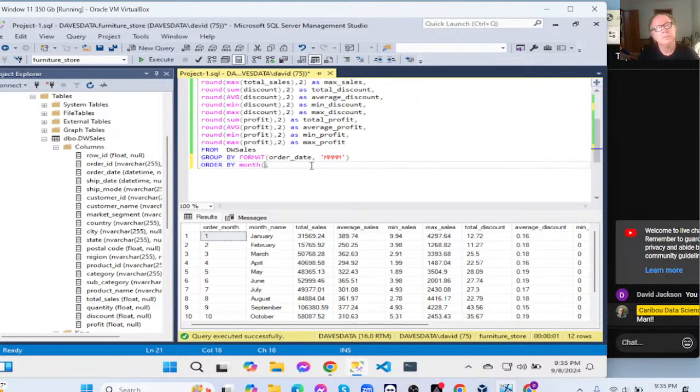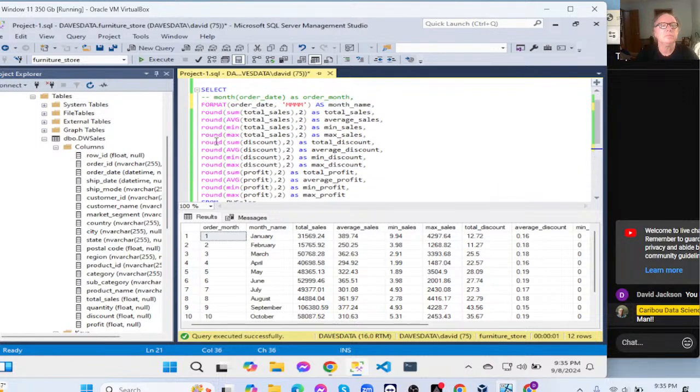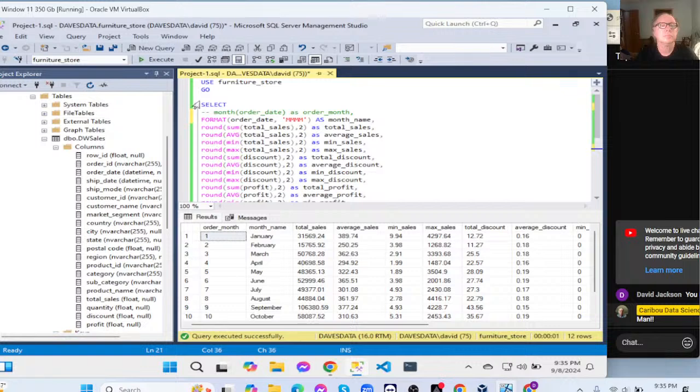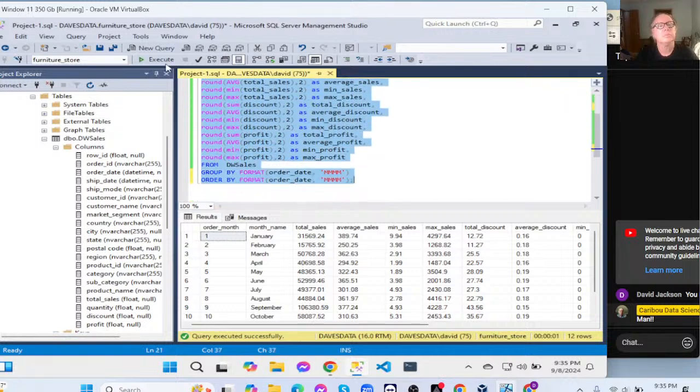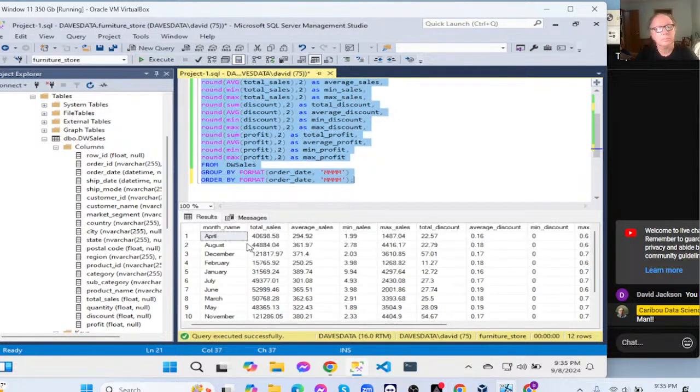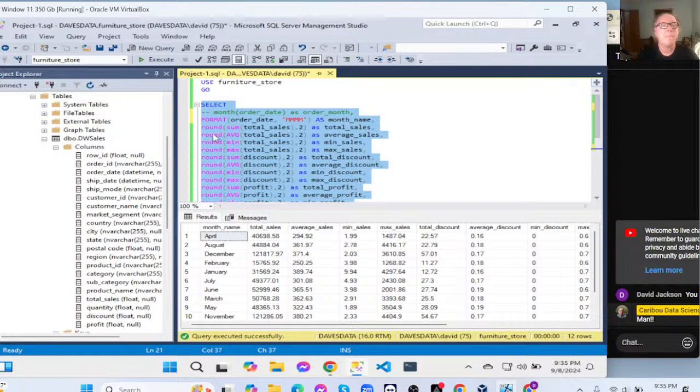Now I've got it by month. We come up here and we say, comment this out. Now this may not work because it may not recognize it as being a